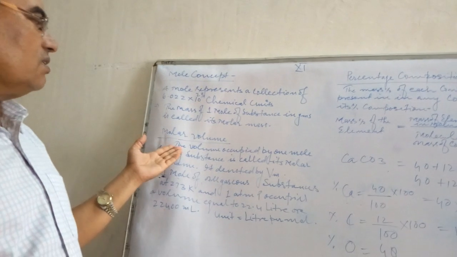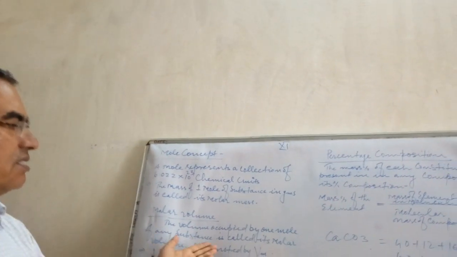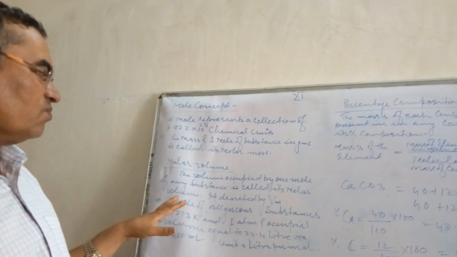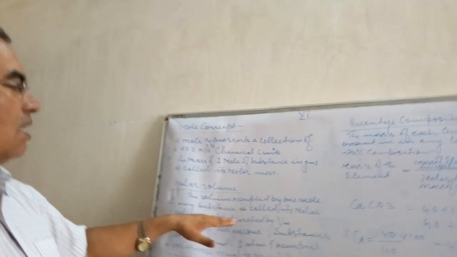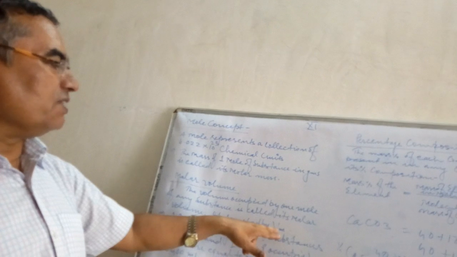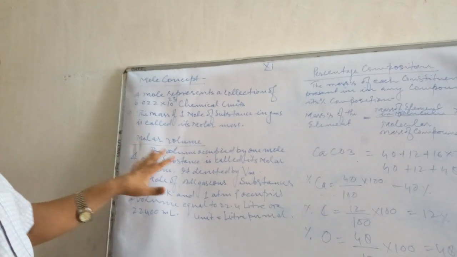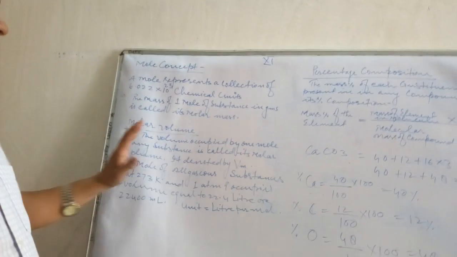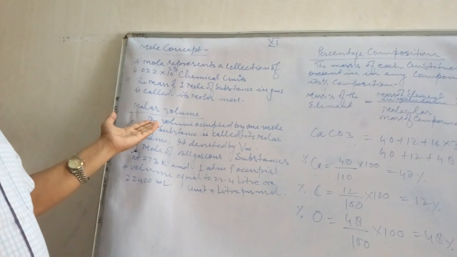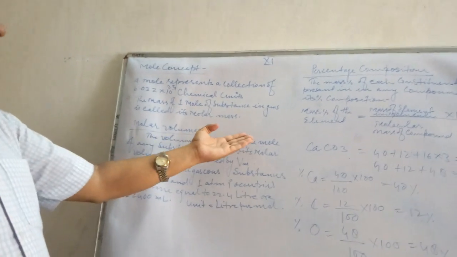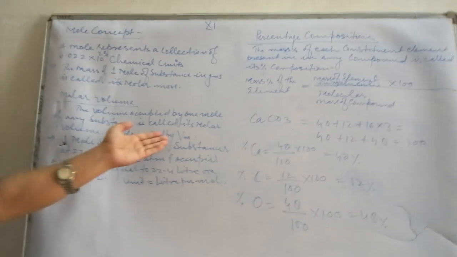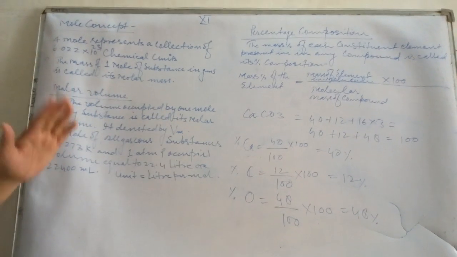Children, the volume occupied by 1 mole of any substance is called its molar volume. It is denoted by capital V, small m, Vm. Molar volume, denoted by Vm, means the volume occupied by 1 mole of any substance, and this is denoted by capital V, small m. Now,